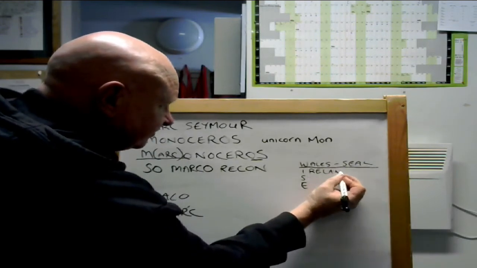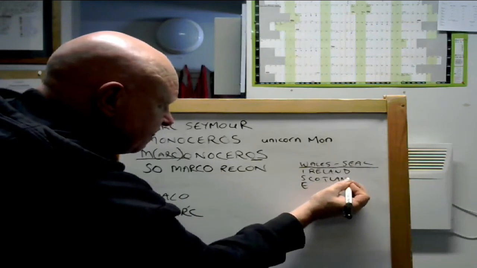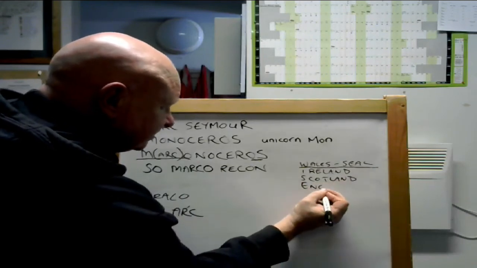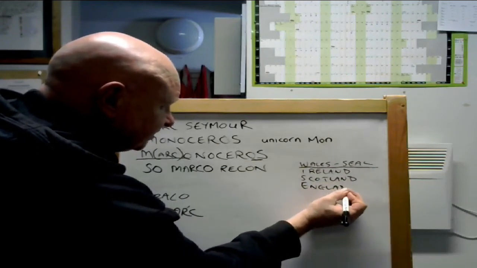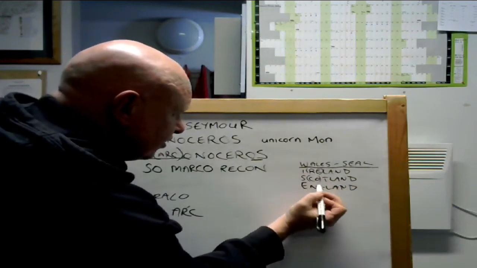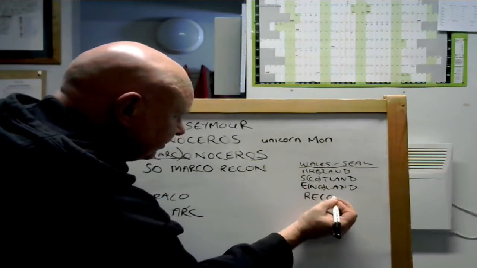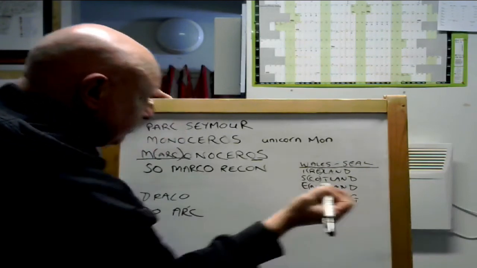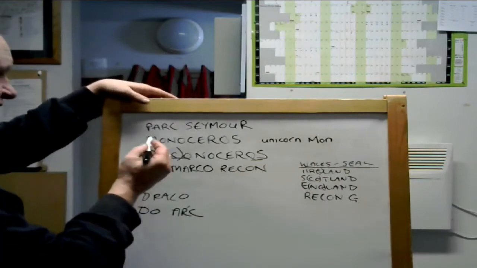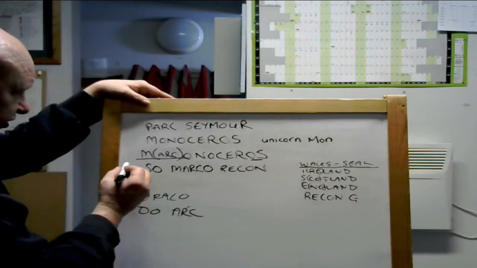Ireland, Scotland, and England. Now you take the message down the middle, which is R-E-C-O-N-G, which is Recon G. Okay, so now we've not only got Park Seymour Monoceros Marco, so we've got the constellation breaks down